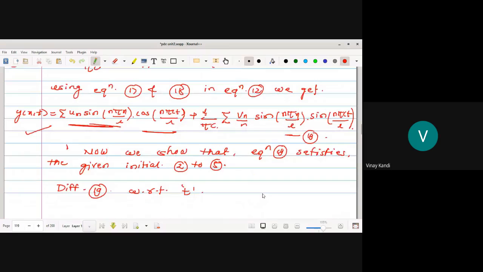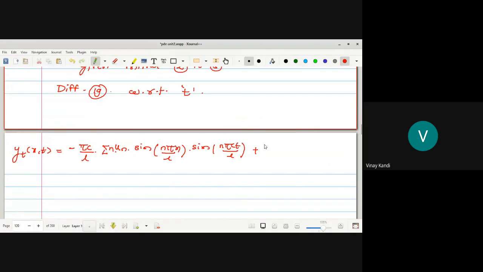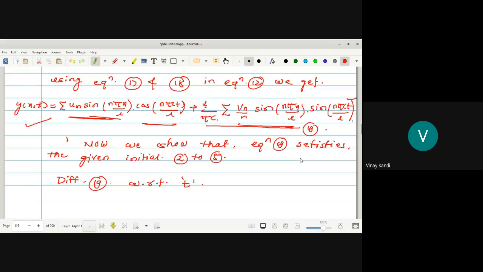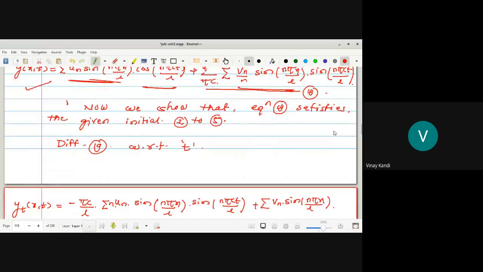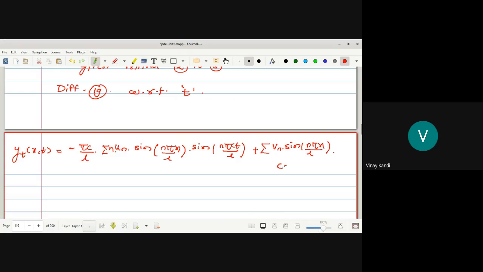प्लस ओके आता इथे काय तुमचा टी होईल हा तुमचा सगळा कॉन्स्टंट म्हणून ट्रीट होईल इथे फक्त टी व्हेरिएबल आहे ओके sin x आहे डेरिव्हेटिव्ह काय येईल cos x आणि जो काय होईल हा n आणि हा नंतर कॅन्सल होईल पुढे पहा ओके आफ्टर डिफरेंशिएटिंग वी गेट समेशन vn into sin n pi x upon l into derivative of sin x is cos x तुमचे हे कोएफिशिएंट कॅन्सल होते बरं का l पाय c ओके इथे आणि n आणि हा n पण कॅन्सल होईल कोएफिशिएंट so this is into cos of n pi ct upon l so this is now yt that is velocity give it as an equation number 20